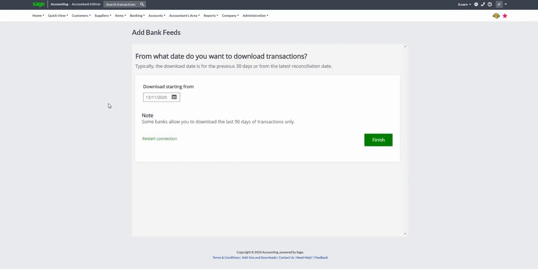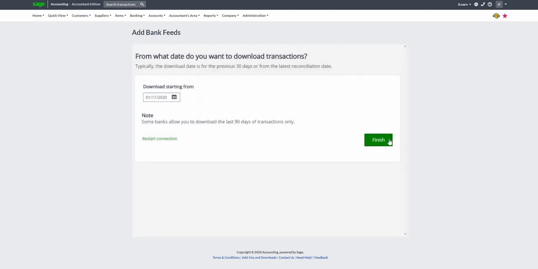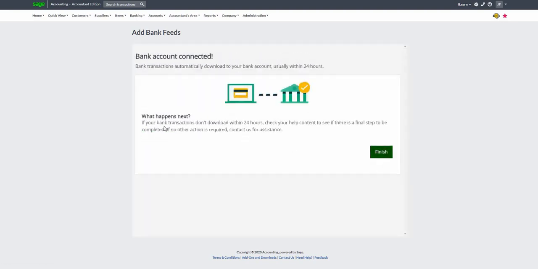And this is where that date that we checked earlier becomes important. So in my case, my last transaction was imported on the 31st of October. So I'm going to select the 1st of November as my starting date. Once I click on Finish,